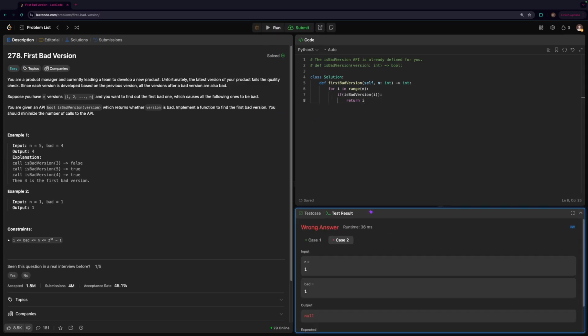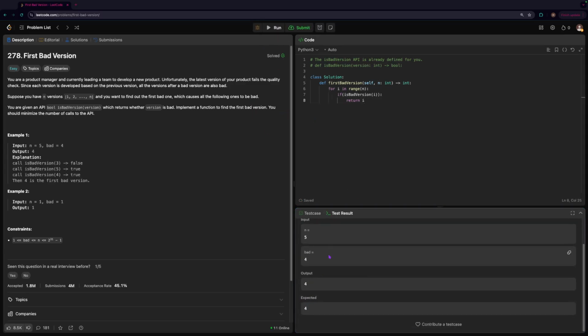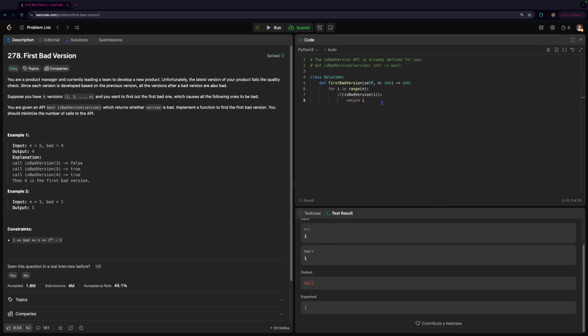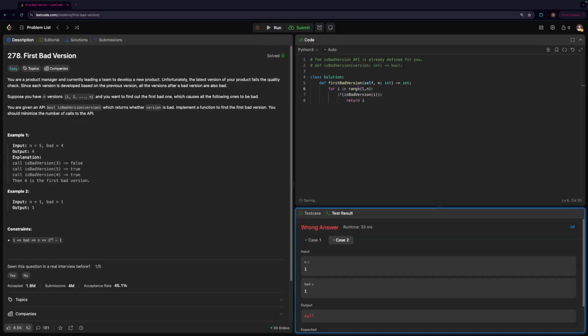So if I run this now, let's see, case 1 seemed to be fine. Case 2, okay, so the problem is this is actually supposed to start at 1, and this should go to n plus 1. Cool, so if I submit it like this,